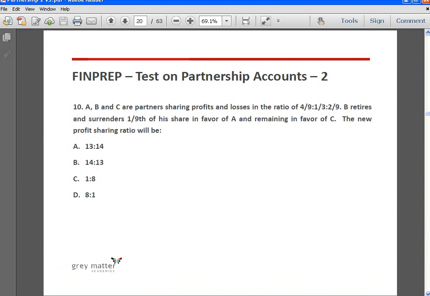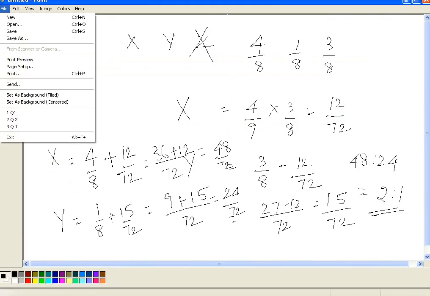Next we come to problem number 10. It says A, B and C are partners sharing profits and losses in the ratio of 4 by 9 is to 1 by 3 is to 2 by 9. B retires and surrenders 1/9 of his share in favor of A and remaining in favor of C. The new profit sharing ratio will be how much? Okay. So